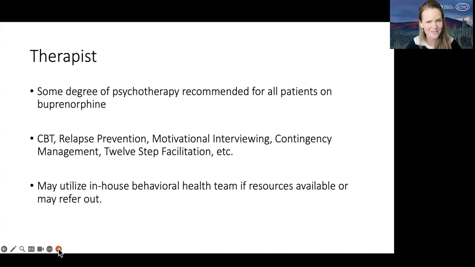We don't want it to be one size fits all, so the more versatile of a behavioral health team we're able to offer, the better. So typically this would include cognitive behavioral therapy, some relapse prevention recovery planning, ideally contingency management. I know we're always working to open that up here in New Mexico. And then also integrated treatment for trauma and substance use, which, as I mentioned, that's a really common need for